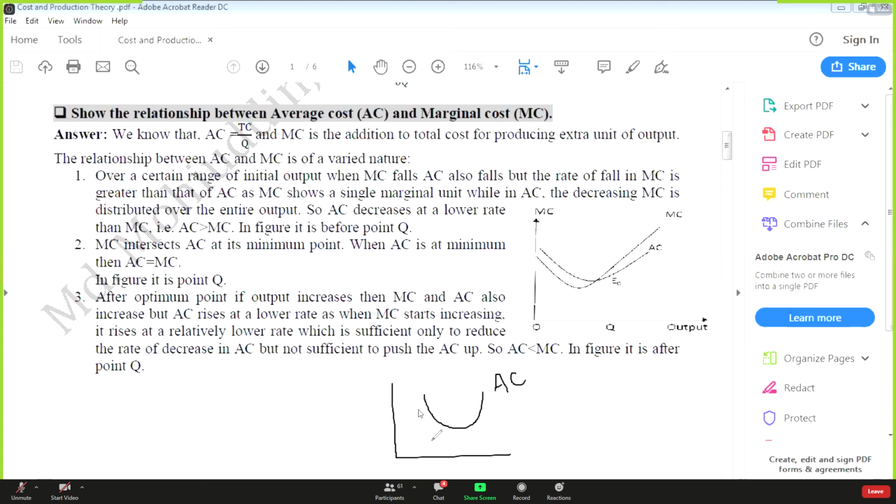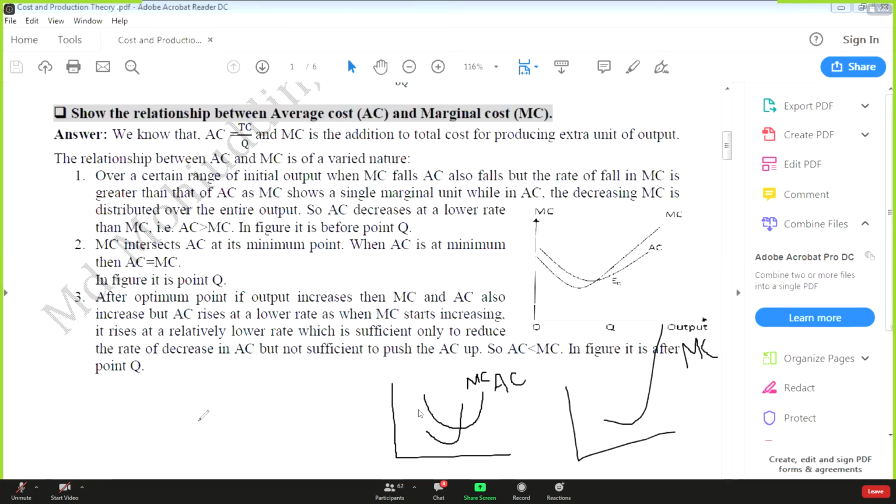So we need to know what is marginal cost. Look, this is a marginal cost diagram, but here I am drawing a partial U shape, not the total U shape. This is a marginal cost diagram. These diagrams I have plotted here, the average cost diagram and the marginal cost diagram, because the question is what type of relationship exists between the marginal cost and average cost diagram.